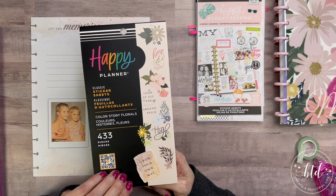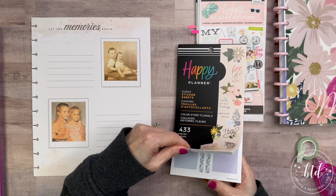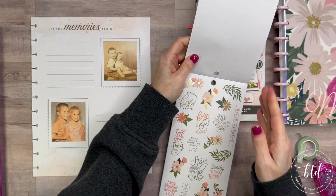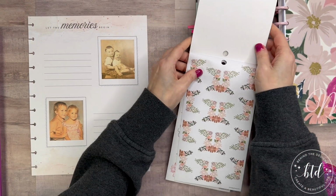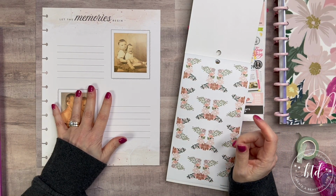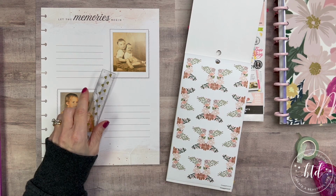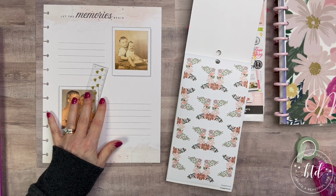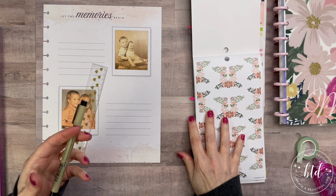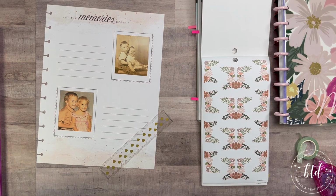This book here is the Color Story Florals book from Happy Planner. And I'm just keeping this spread light and easy. Okay, it wasn't that one. It was this one. I wanted to see if this was going to work like I was thinking. So I suppose probably before I do that, I should trace around my photo. So I'm going to use, of course, my standby Micron 01